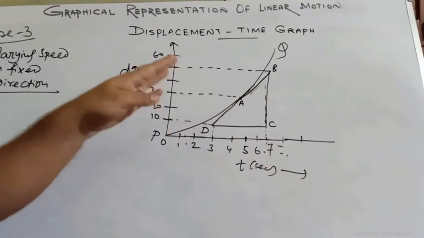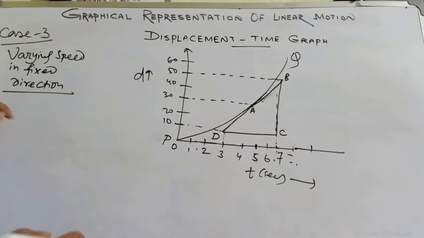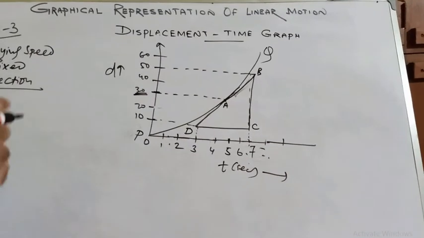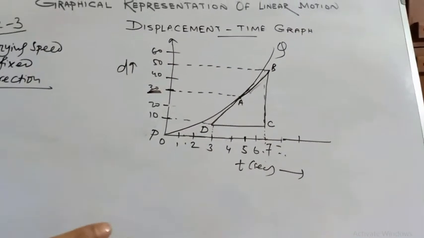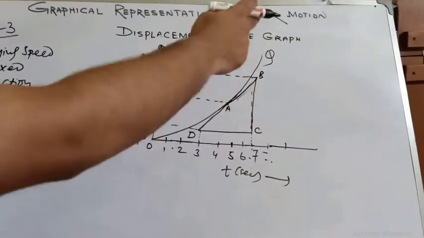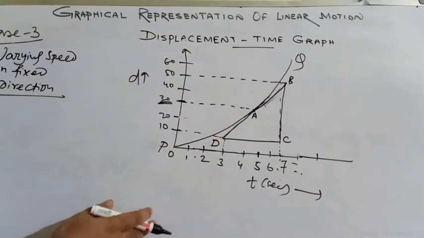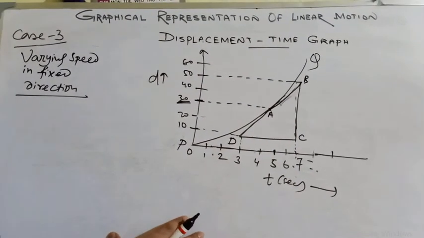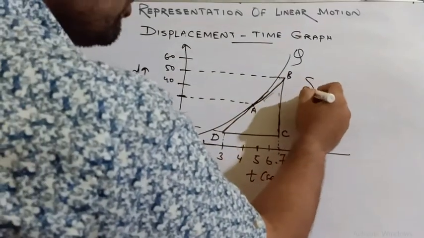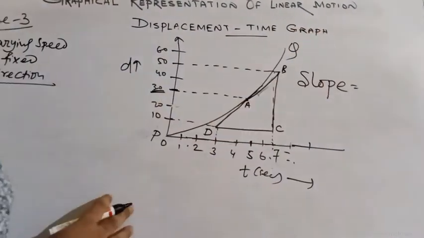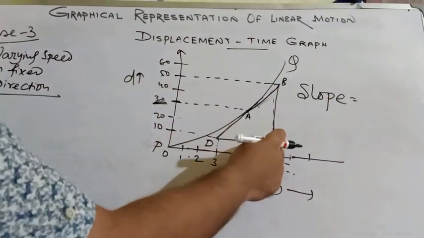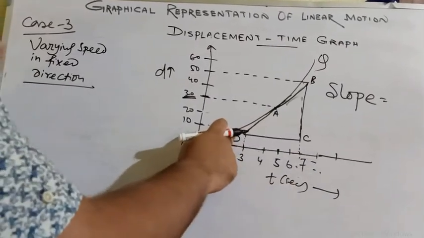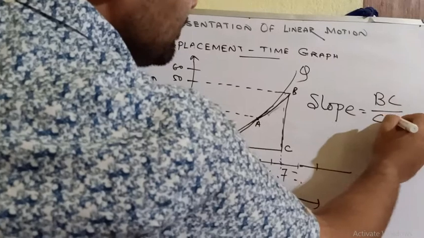So the velocity is the displacement divided by time. So at that particular instant the displacement is 30 centimeter, you can see here. And it is obtained by finding the slope of the tangent, that is the BD tangent, on the curve which is drawn at the point A. Now what is the slope of the tangent BD? We have to calculate the slope. The slope of the tangent is equal to BC, the displacement, divided by CD. So BC divided by CD.